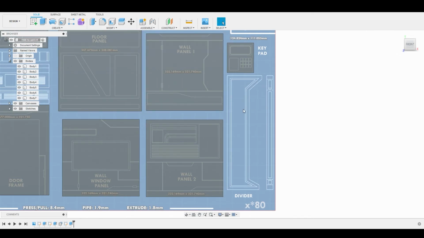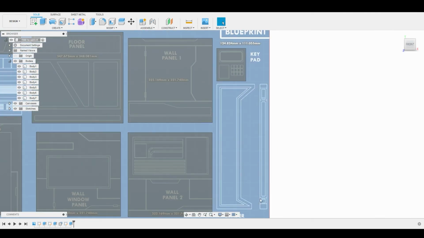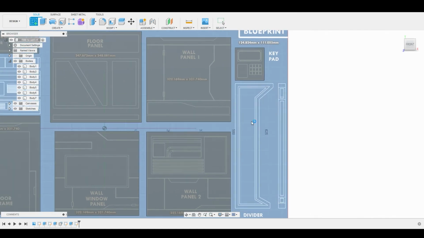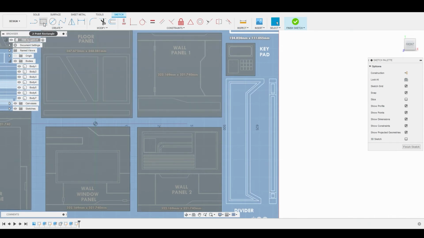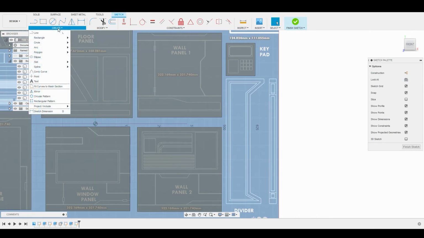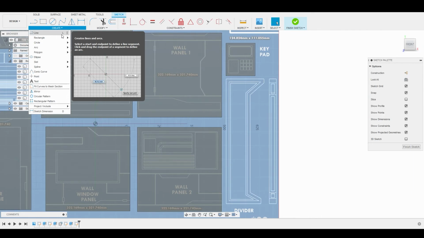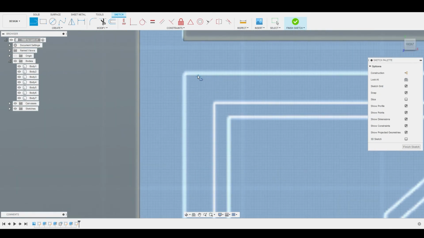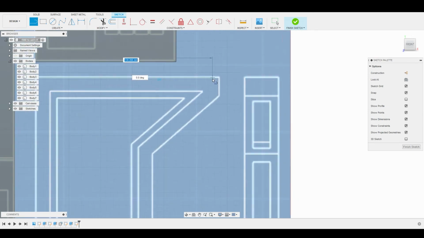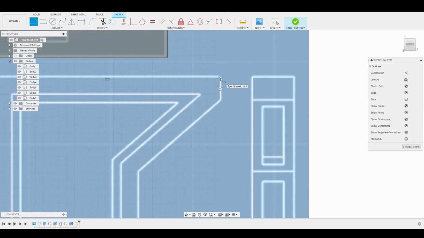Now the divider is unique because the top and bottom aren't the same. So we'll use create sketch, select the 2D background, and we can use the 2-point rectangle if we want to, or we could use the line tool. So let's use the line tool, and if you don't see it here, you can always hit the create drop down and go to line, and it also has a hotkey which is L on the keyboard. So we'll start at this top left corner, left click once, and we'll follow this reference here. We'll left click once again, and we can just follow this all the way through. Left click,